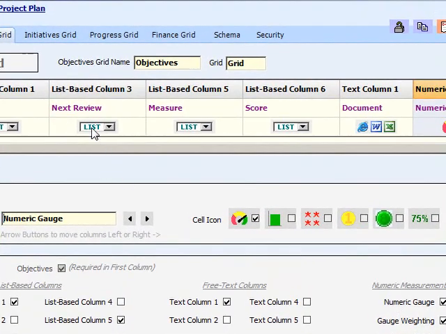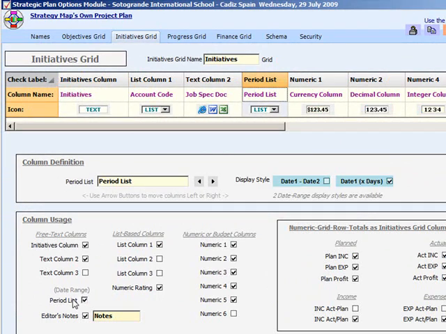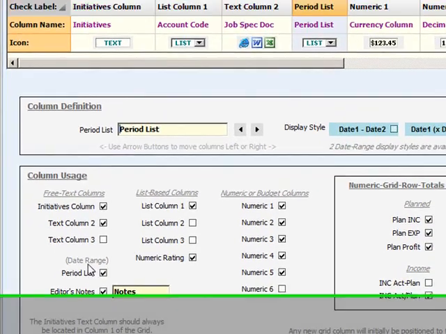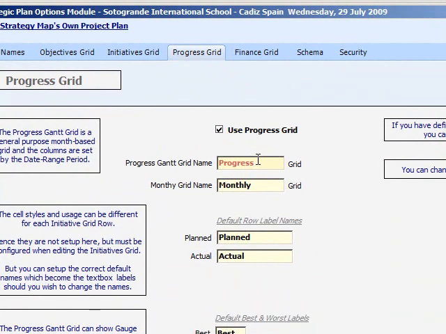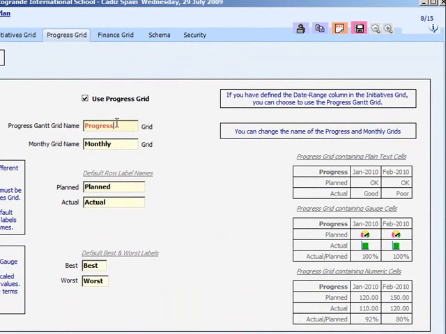Setting up the monthly grids. If you want to have monthly grids, you must first have a date range column enabled in the initiatives grid. When this is done, you can set up the monthly grids in the Options module, and you'll need to decide what you want plus what you are going to call them. When this is done, you can define a number of months and have these represented as cells in a monthly